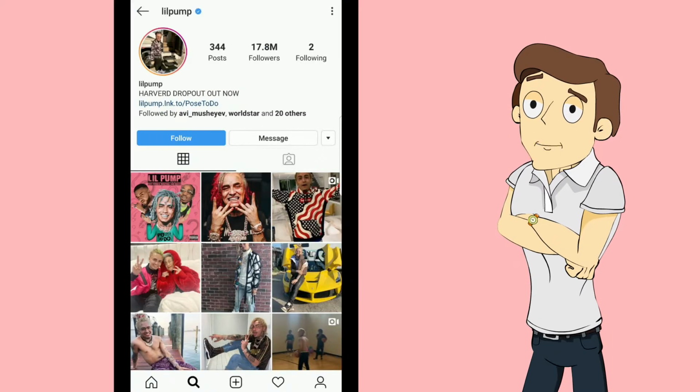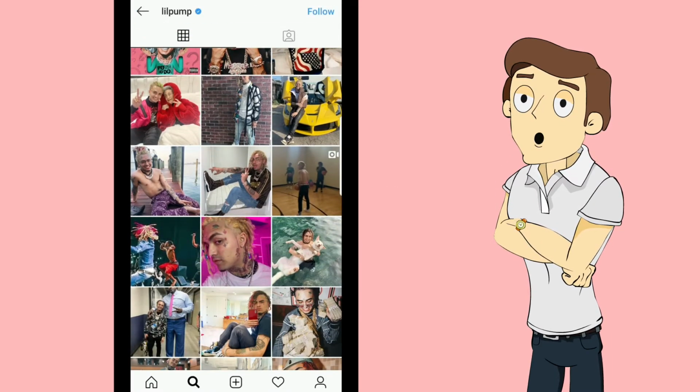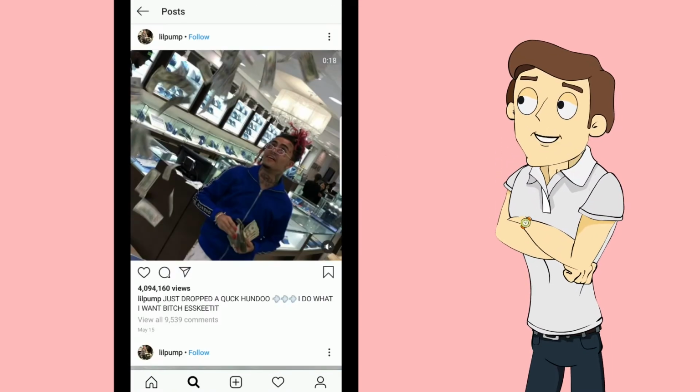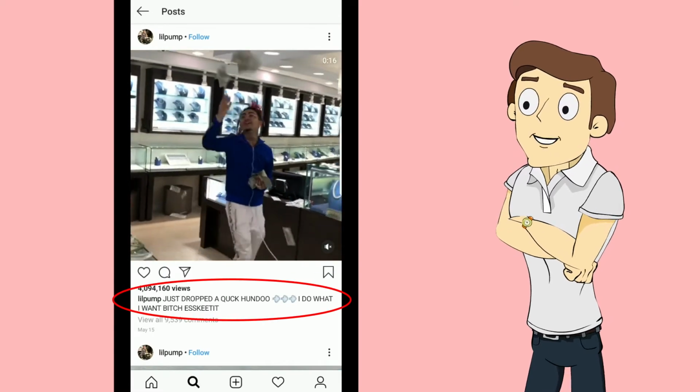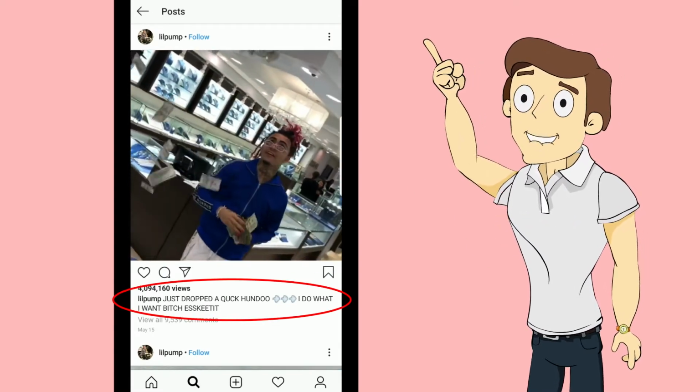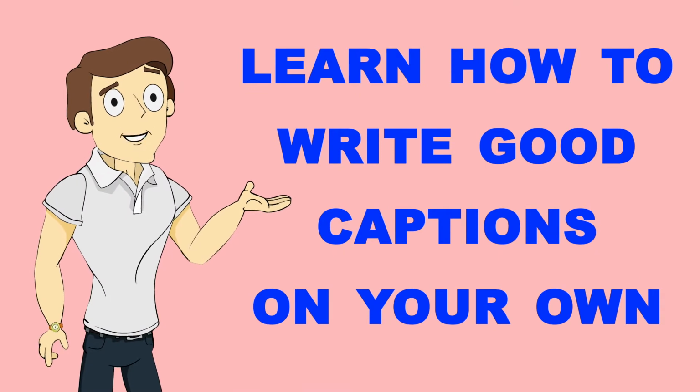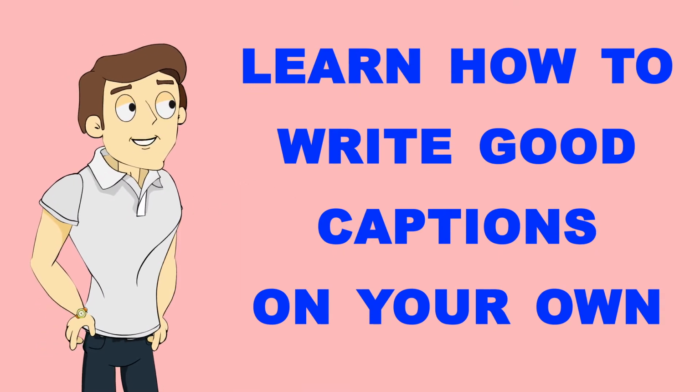Now you'll be uploading edited content to your client's social media, and all you have to do from there is write creative captions, which you can also hire someone else to do. If possible, I suggest learning how to write good captions on your own so you could save some money at this step. Now let's break down the numbers.